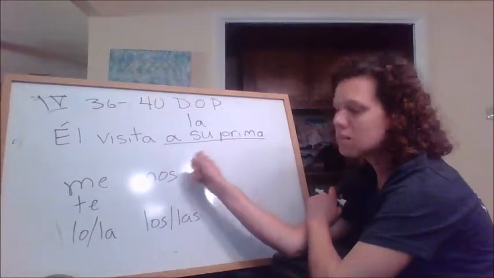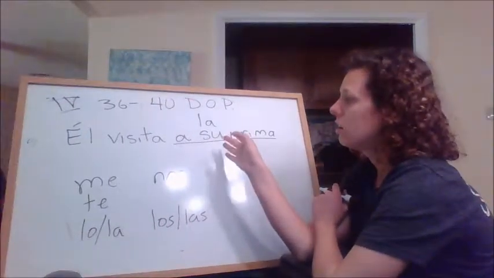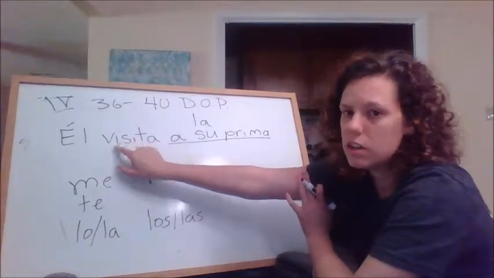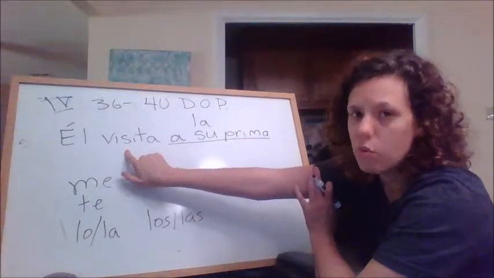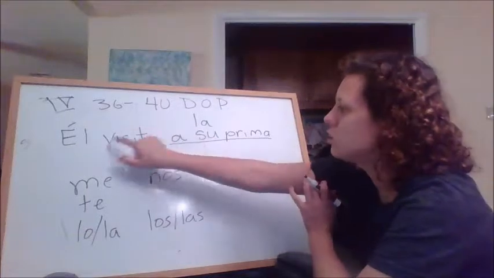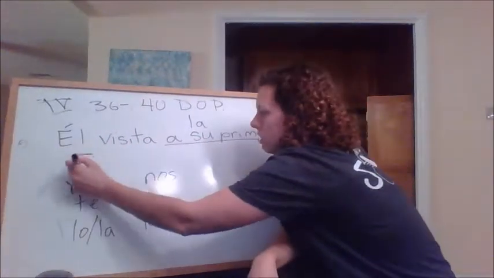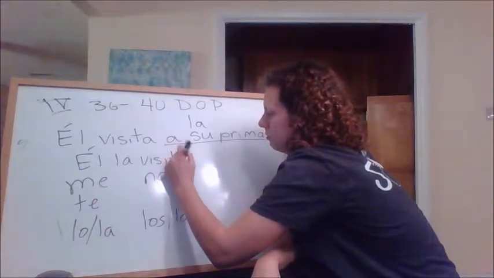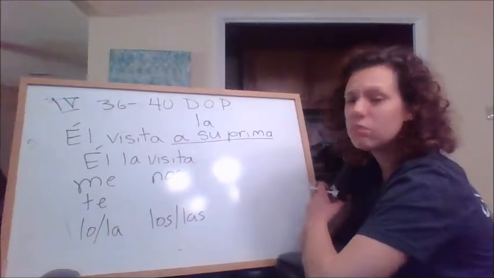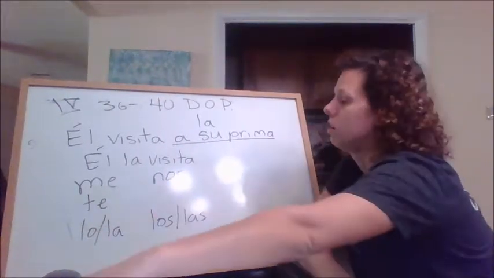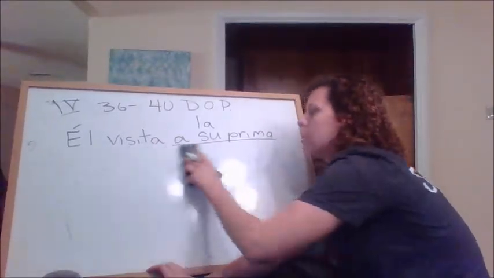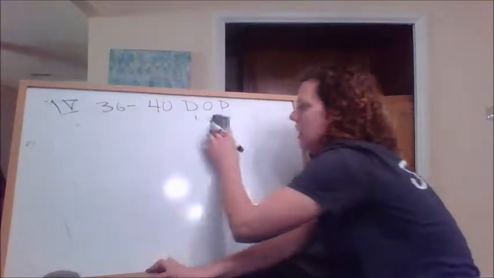Now when I rewrite this, I'm going to have to put the pronoun in front of this verb because this verb is conjugated and there's only one verb. So it has to go in front. So it's going to be él la visita. Okay? And that's it. That's all you got to do. All right? Super easy. If I had a sentence like,